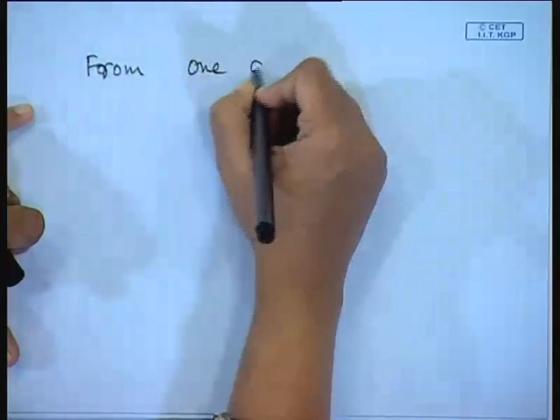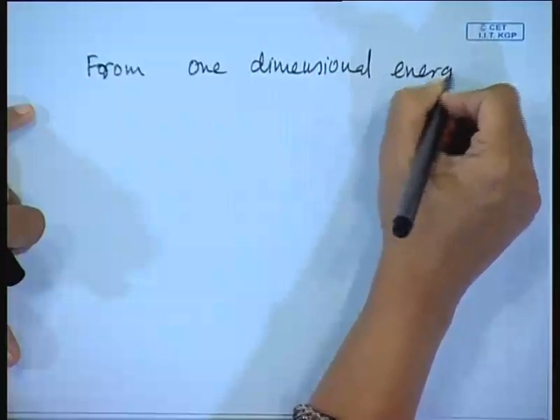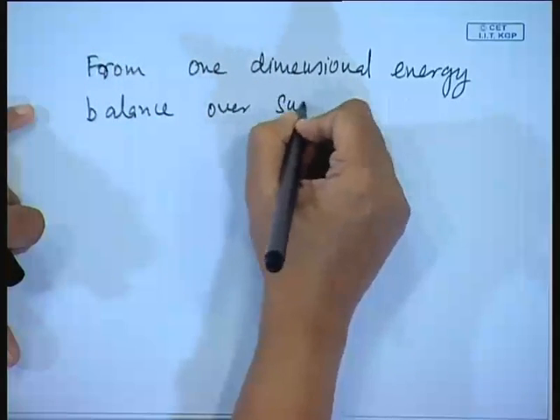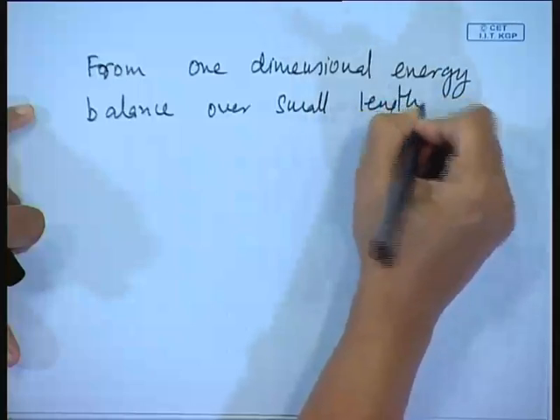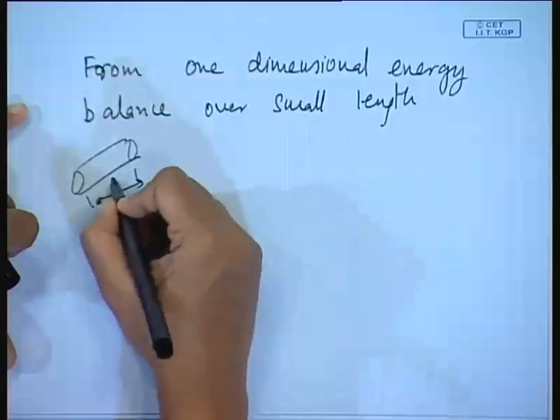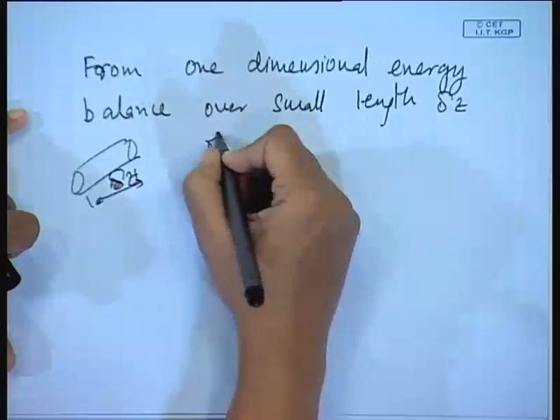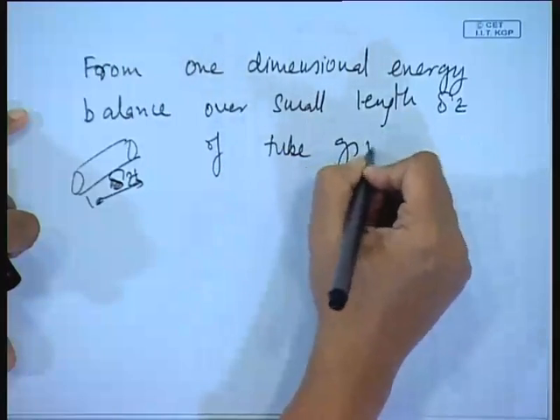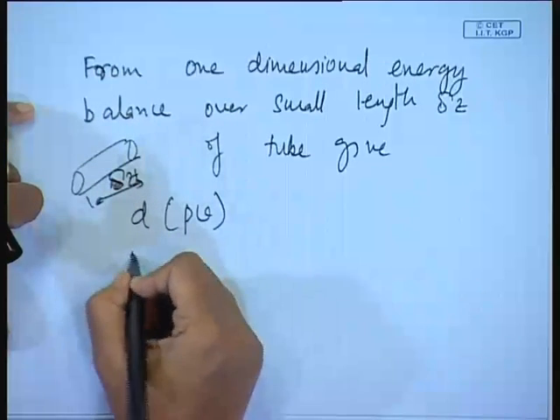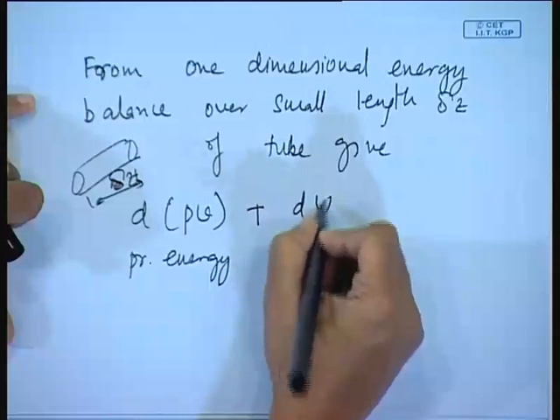Say from a one dimensional energy balance, over a small length delta z, just like we had done for this. That same figure, if you remember, we had taken a delta z, this same thing we are going to do, delta z of tube. So what are the different types of energy we have? PV, okay, this is the pressure energy, plus internal energy,